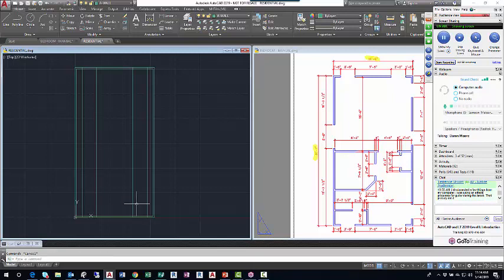I'll hit escape to end that command. Again, sometimes you don't have to do that. It's a habit. I probably could have just started the trim command. I'm going to use the trim command next. So I'll left click trim,